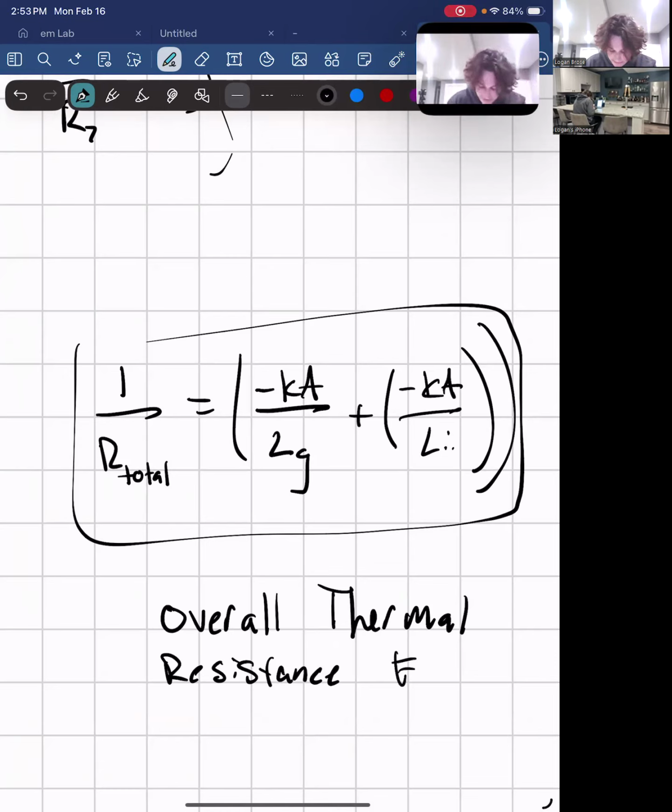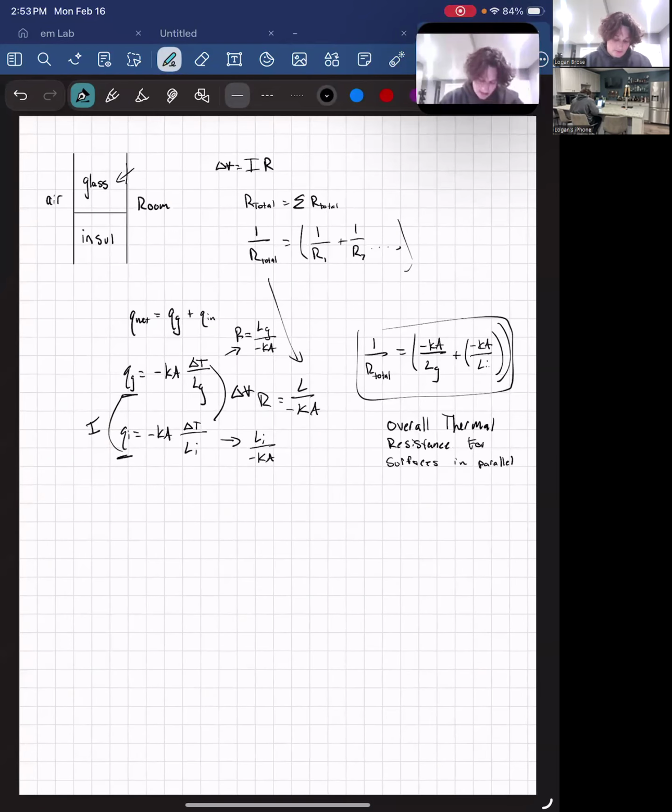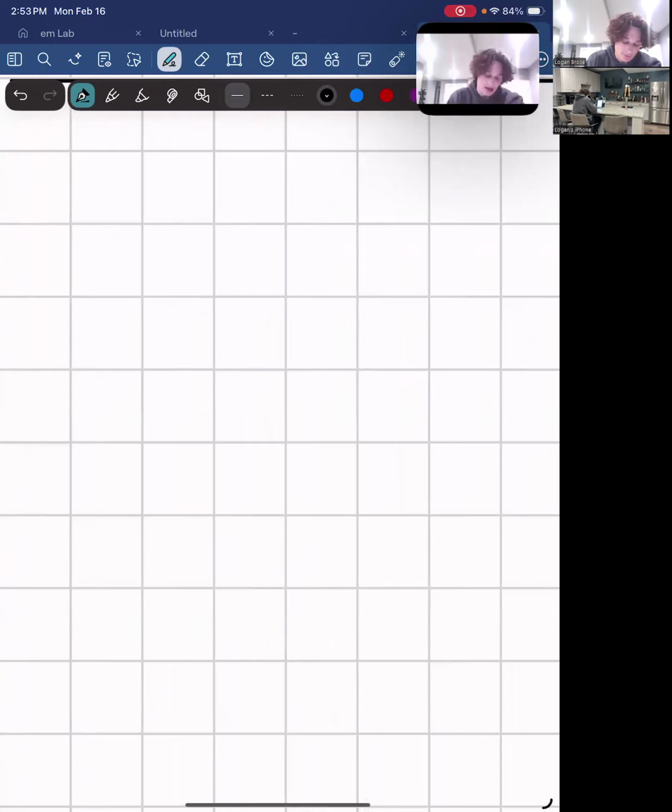For surfaces in parallel. Right. So the next part of this, we're going to look at what happens when you combine them. If we look at the normal structure of, let's say, a wall of a house,